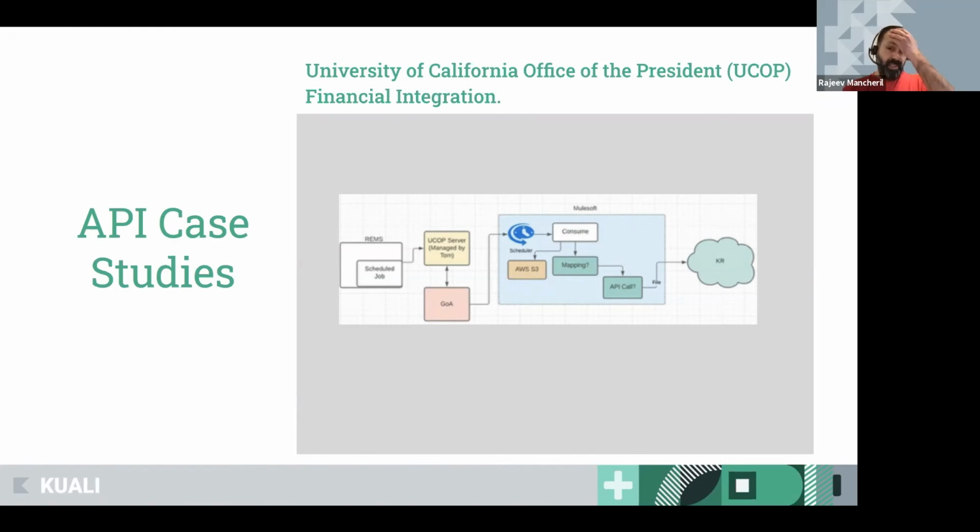I'm not going to go deep into it, but at a high level, based on the conversation that I had with them in the past, they have this RAMS enterprise management system where they create all the sponsors and publish sponsors, and that is their single source of truth for all the sponsors. So they just want to pull all the sponsors from there and synchronize it with sponsor records in Kuali Research.